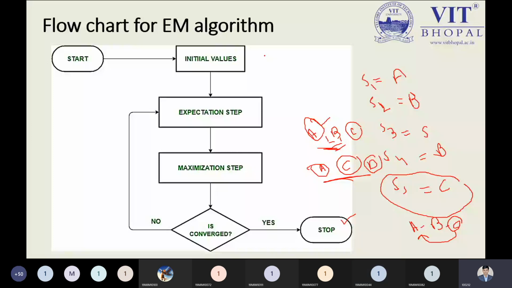Okay, don't think about the written material in the green color. The example I told to the other slot is just like this one. In subject one, the student got an A, in subject two a B, in subject three an S, and in subject four a B. And unfortunately, in subject five, the student got a C grade. So he or she wants to give the makeup examination to improve the grade. Next time, what he or she was expecting is at least a minimum B grade, but unfortunately got a C grade.